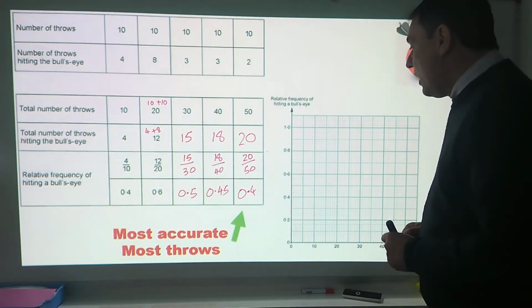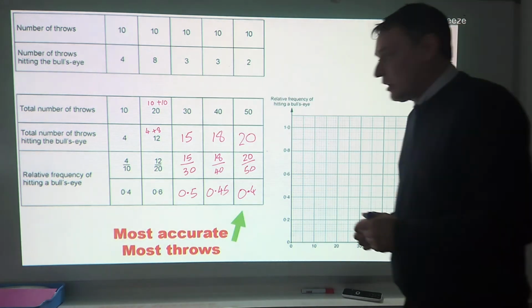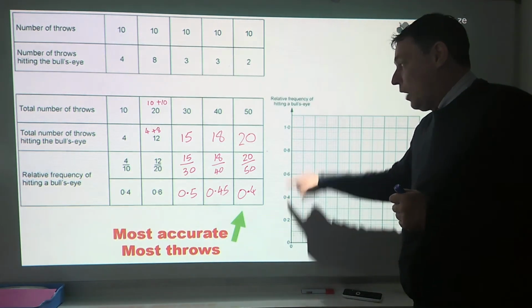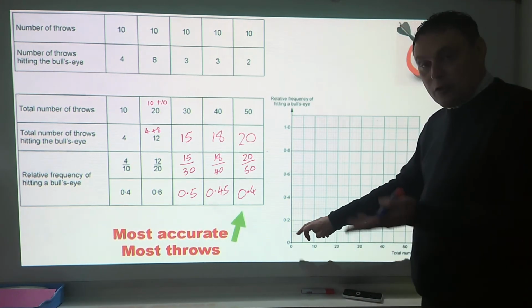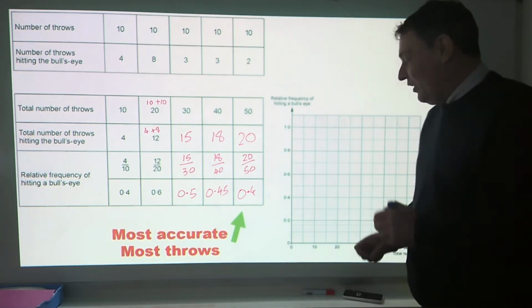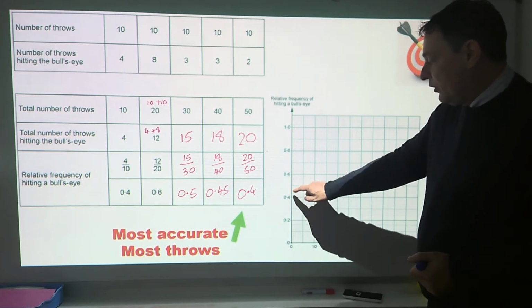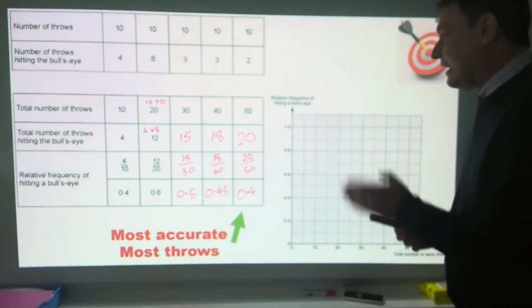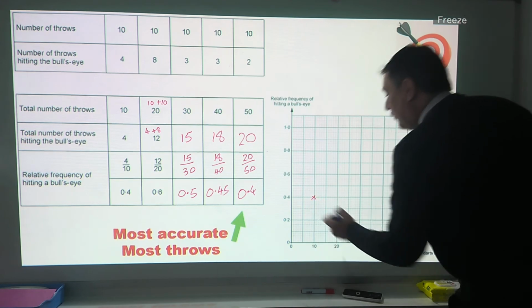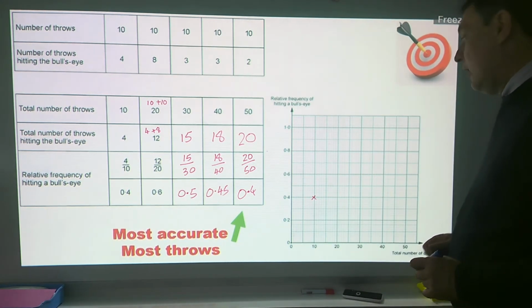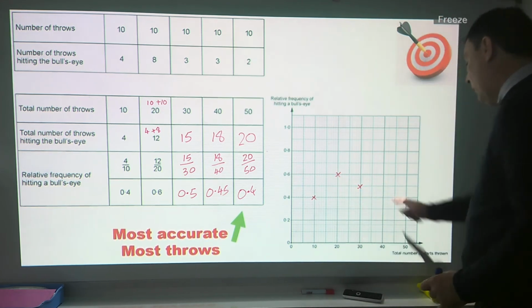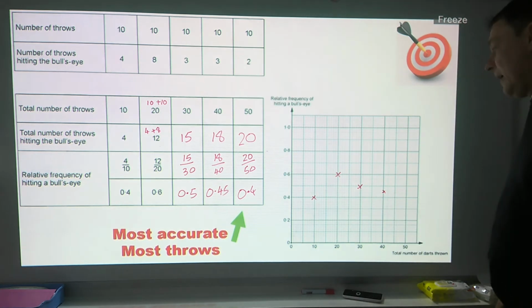One other thing that you might be asked to do is actually to plot the results in a graph. So remember, relative frequency will always range from 0 to 1. Okay, so if you haven't got the axes or the scale drawn in for you, choose a sensible one, making sure you've got 1 at the top and do your divisions. Here they divide it to 0.2, 0.4, 0.6, 0.8 and so on. So all we do now, after 10 throws, we've got 0.4, so we put a little cross there. Then 0.6 for 20 throws, 0.5 for 30 throws, 0.45 between the 2 there for 40, and back to 0.4